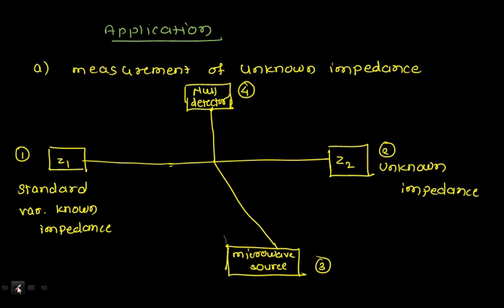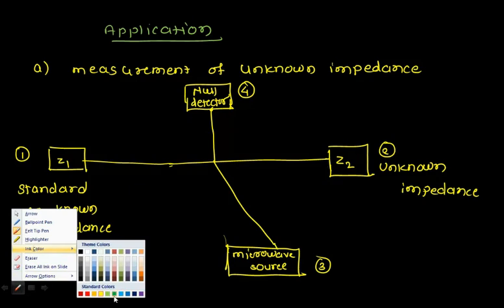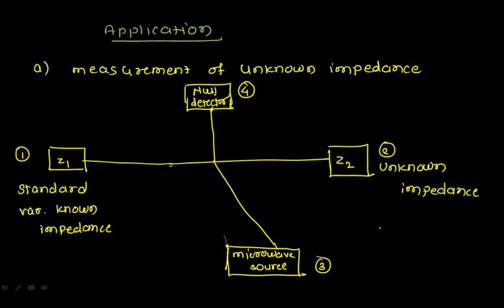So when this null detector detects zero, whatever comes to it will be zero. Now I'll find out how I'm going to find that unknown impedance. The first thing is that your microwave source will generate some power. As you're giving it to port number 3, say this power is A3. Now half of the power will go to the first port, so 1 by root 2 A3, and half of the power will go here, so 1 by root 2 A3. As these are not terminated with the characteristic impedance of your waveguide, the reflections will be there.